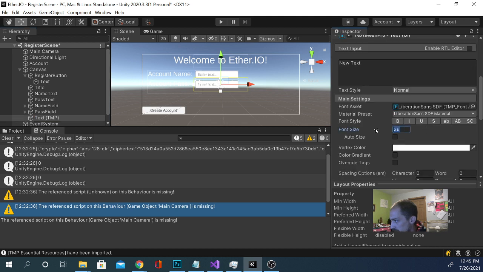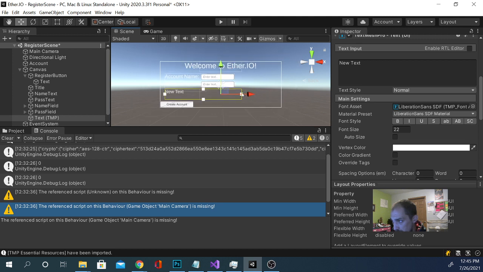We're going to make this one even tinier. And we're going to put it right here. Right here, and basically what this is going to be is